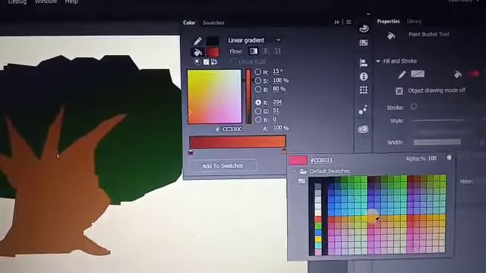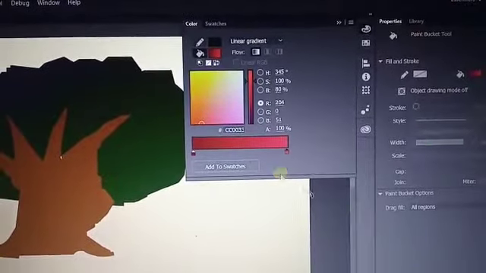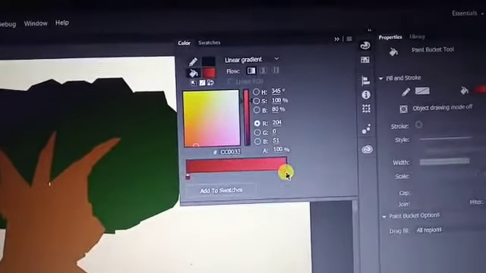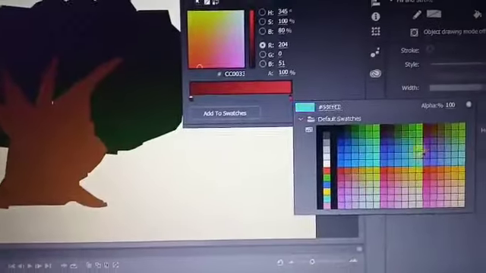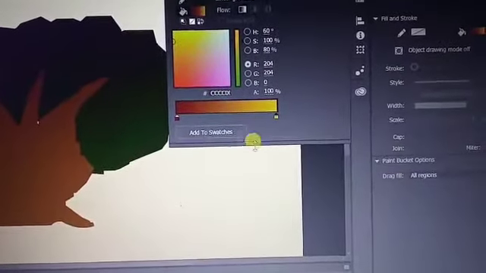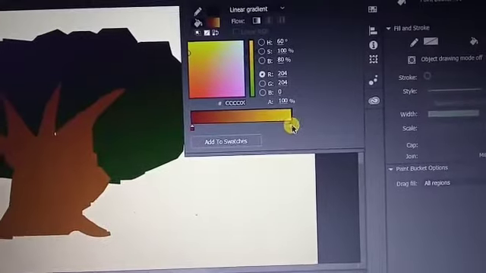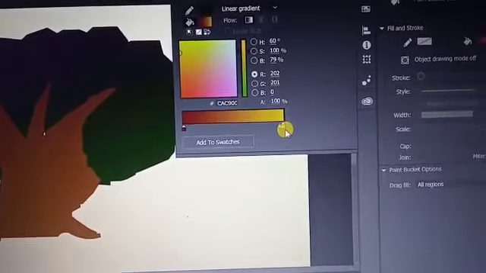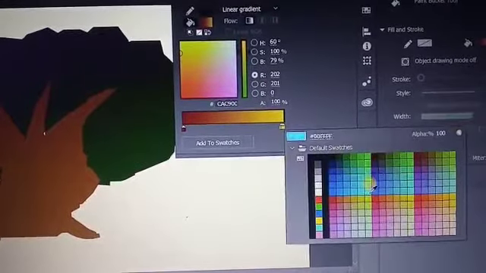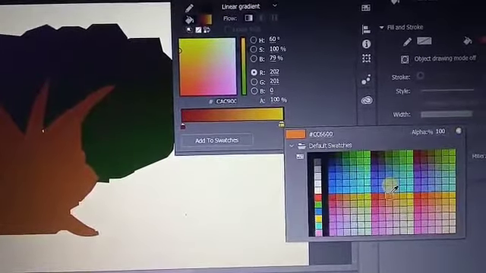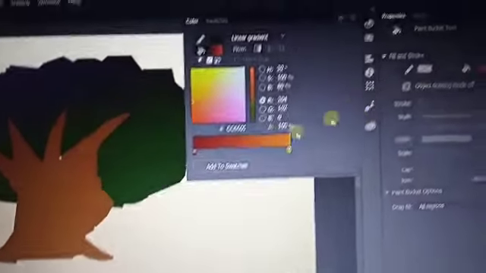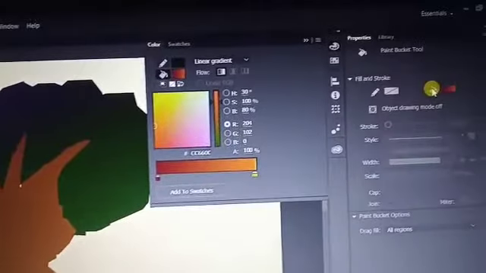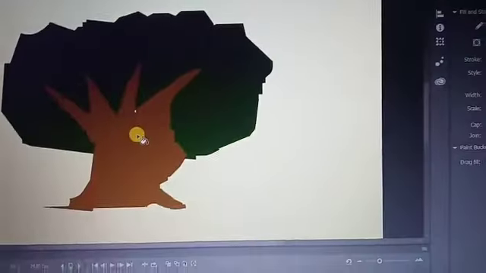This is the combination of both. Now again add to swatch, click on that and click here and put it inside.